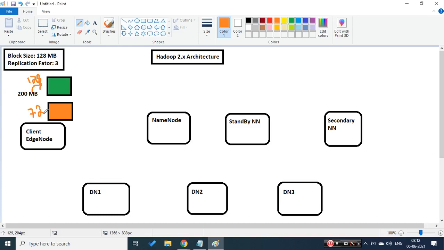Are we good till here? So we are getting two blocks from my 200 MB file. Okay, that is what we have seen yesterday. So now, if you remember yesterday,